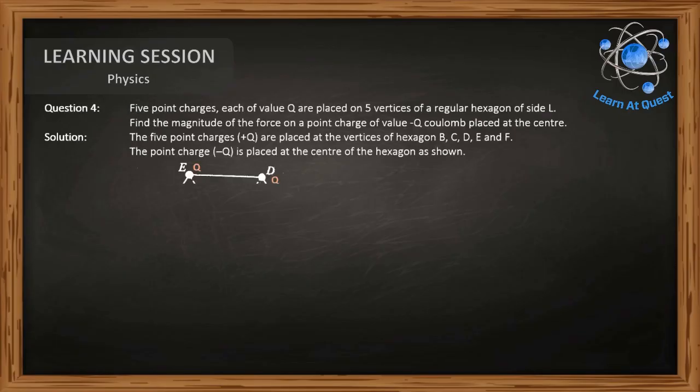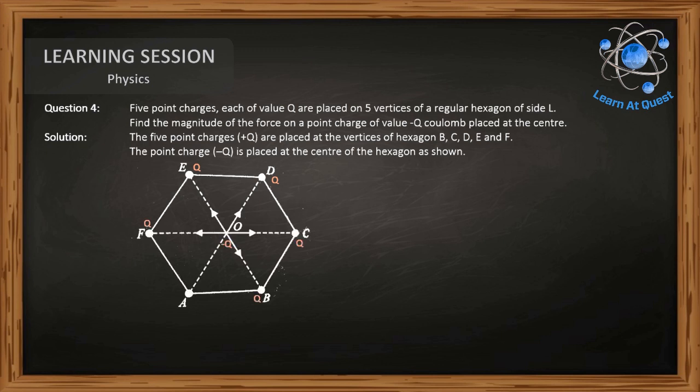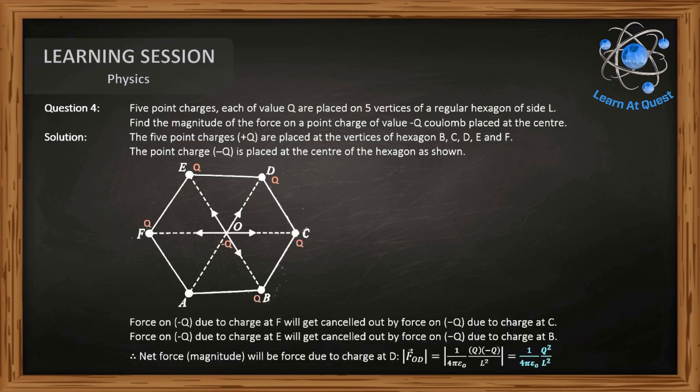Question number 4 from the lecture notes. The question is, 5-point charges, each of value q, are placed on 5 vertices of a regular hexagon of side L. What is the magnitude of the force on a point charge of value minus q coulomb placed at the center of the hexagon? Now let us first understand and comprehend the question and make a diagram based on the